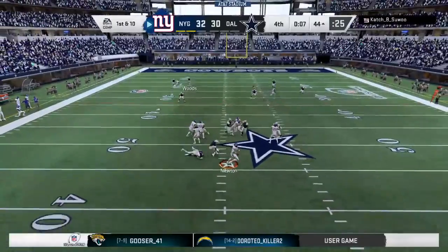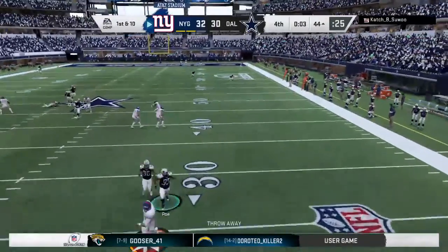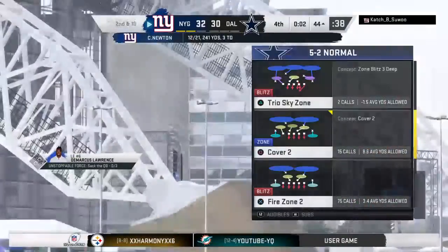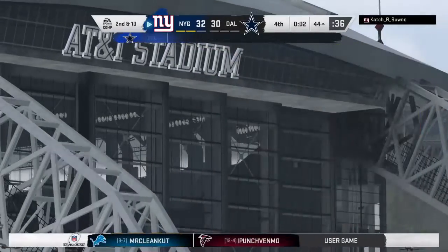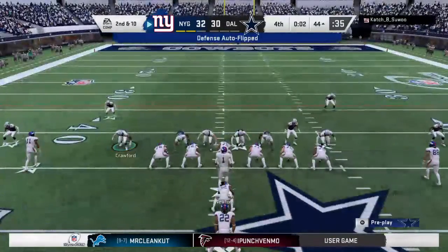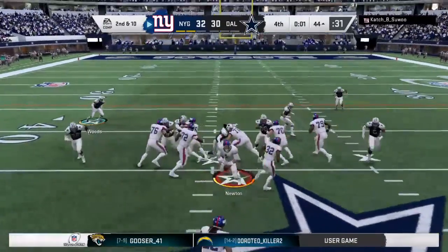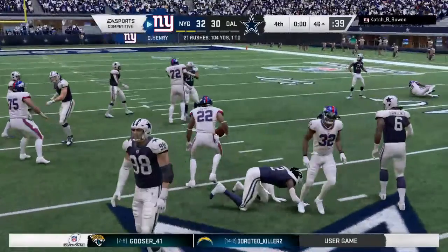Newton. Flushed out right. And that is incomplete. 2 seconds left on the clock. Incomplete on the throwaway. An incomplete pass on first down. That leads to a 2nd and 10. Now it's Henry. And he's going to have to protect the football and take his lumps here at